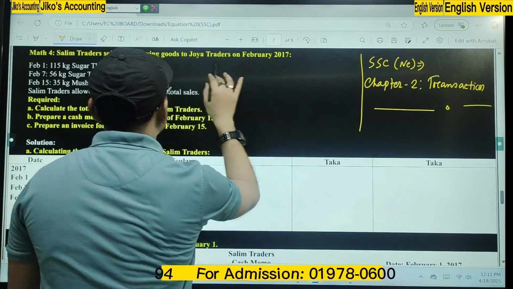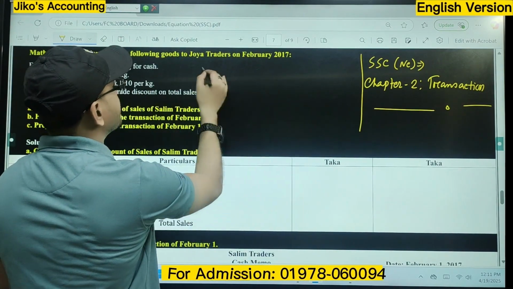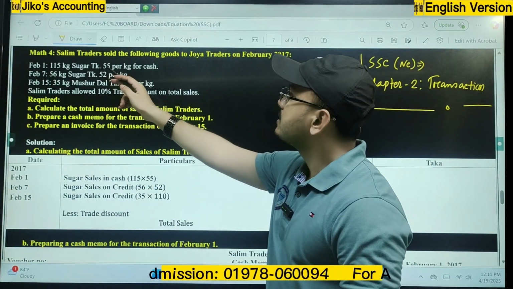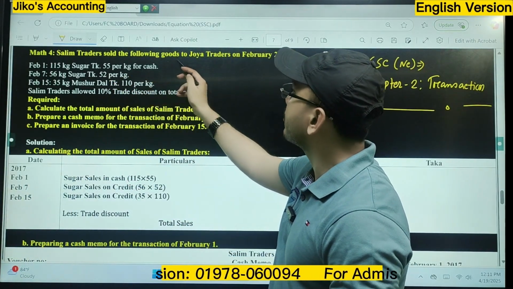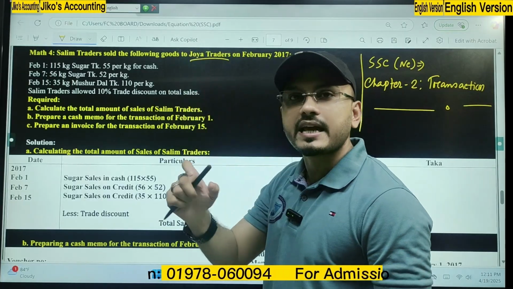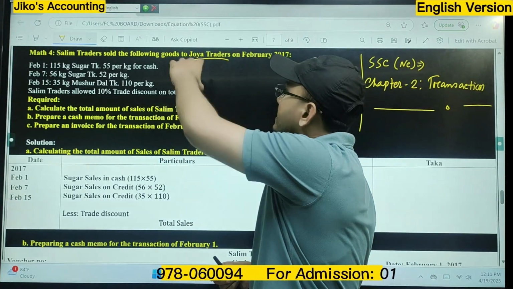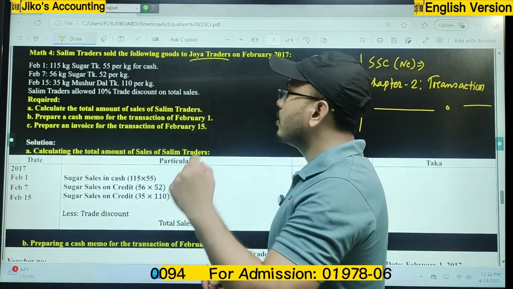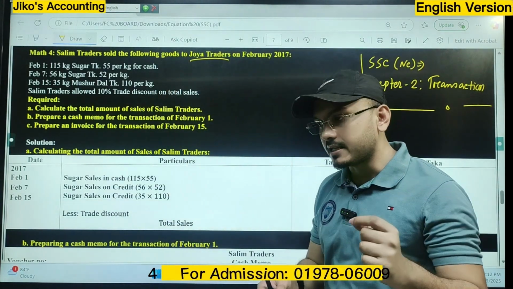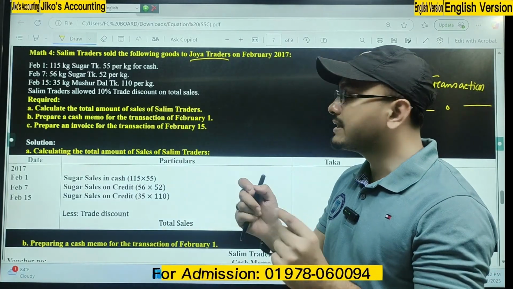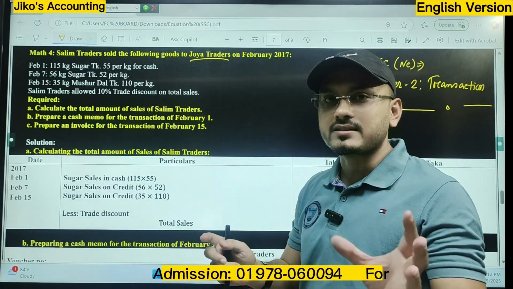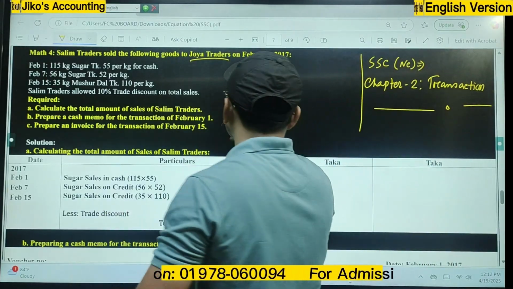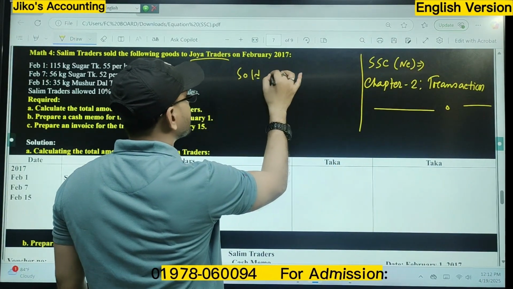Whenever anything is sold to any person without mentioning cash, you can see here Salim Traders sold the following goods to Zoya Traders. There isn't mentioned any cash. That means it's all on account transactions. Whenever there is a person's name mentioned with cash, that indicates a cash transaction. Otherwise, it should always be considered an on account transaction. How can you say right here? If I say sold goods,